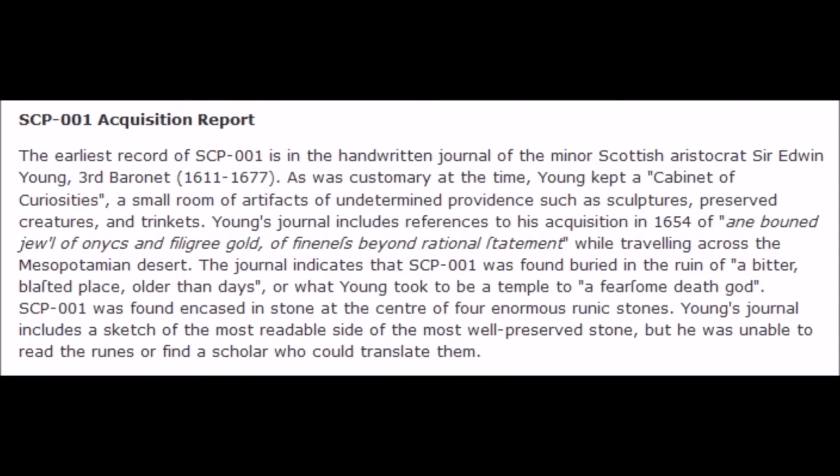SCP-001 Acquisition Report. The earliest record of SCP-001 is in the handwritten journal of the minor Scottish aristocrat Sir Edwin Young, 3rd Baronet, 1611–1677. As was customary at the time, Young kept a cabinet of curiosities, a small room of artifacts of undetermined provenance such as sculptures, preserved creatures, and trinkets. Young's journal includes references to his acquisition in